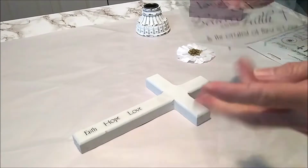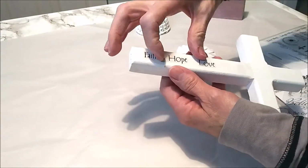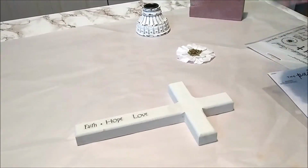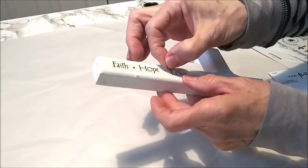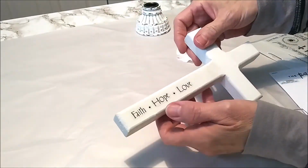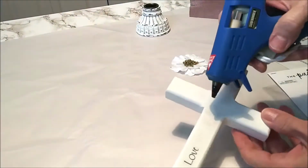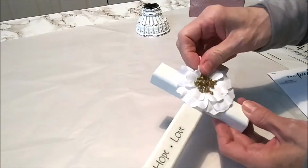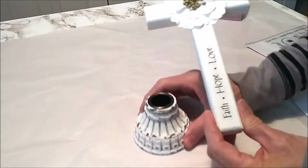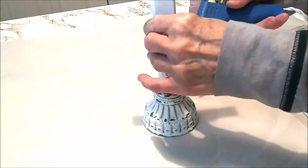And now I'm putting the little bullet marks between the Faith and Hope and Love. These are really great to work with. They're easy to apply. And if you need to move them around because you need a little bit more distance, you can do that easily. So I'm glue gunning that Paper Studio flower, and now I'm going to go ahead and glue gun the whole cross